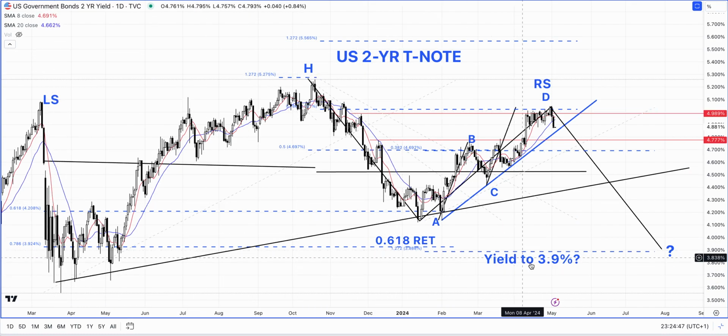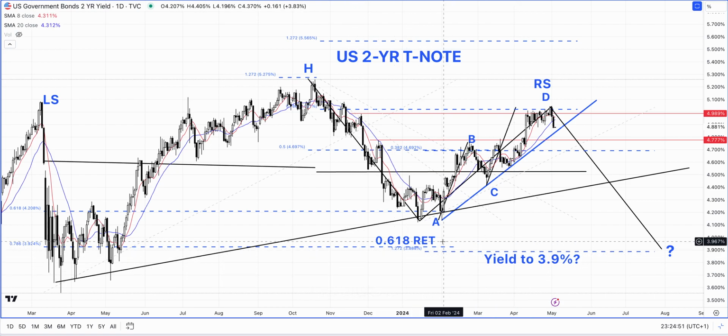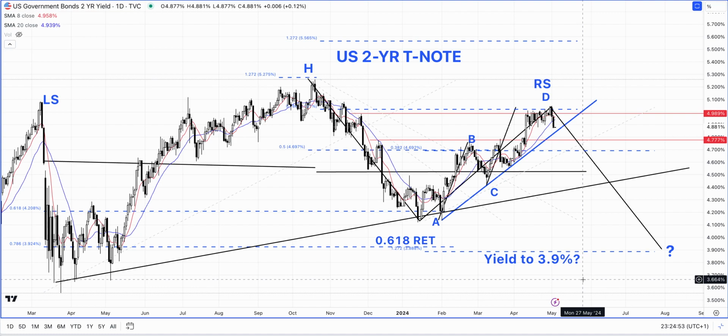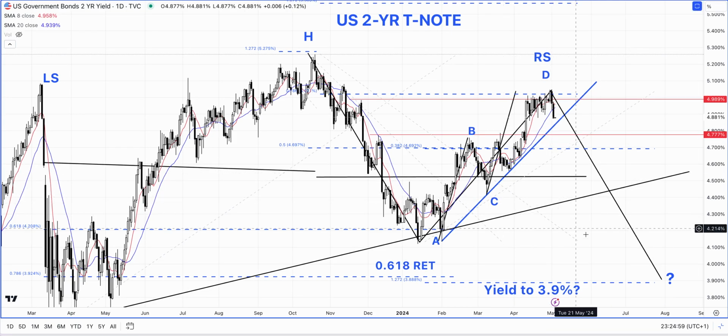But we have a confluence of the pattern and 78.6% retracement coming to the downside right here. So this is something which we'll be watching, and I personally believe that there's a good chance over the course of a few months perhaps we might actually get there. But in between we'll have to watch for certain resistance level,